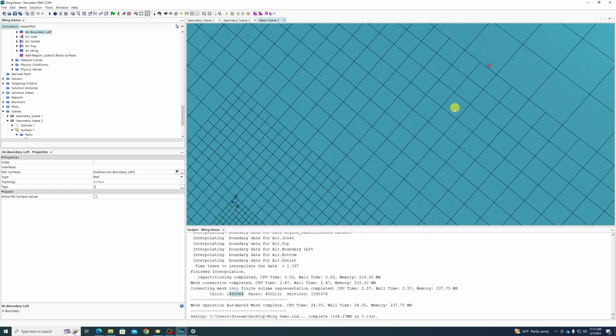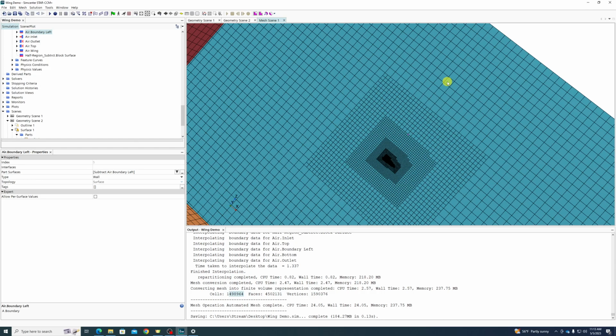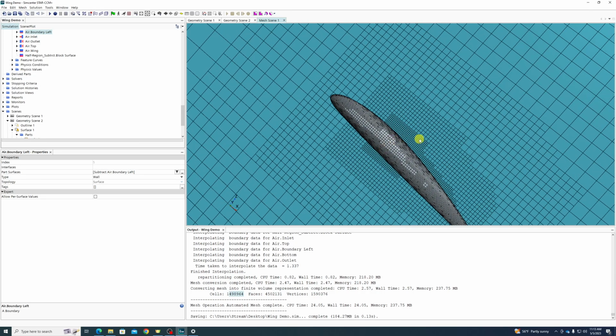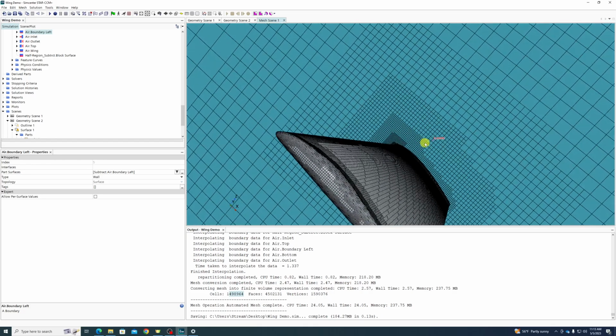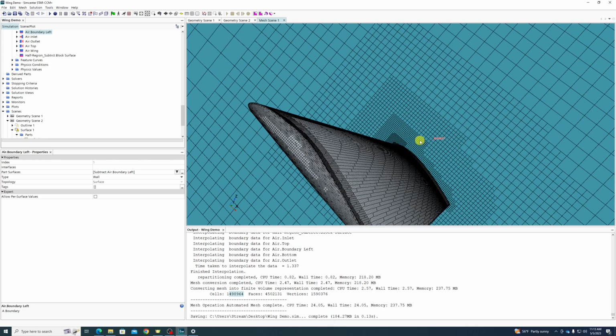Further up still, 4 to 1, 4 to 1. I don't know if there's another step. There is not. So it only goes in steps of 2, which is why I was saying use multiples of 2 if you're using a trimmer mesh. If you're using a polyhedral mesher or a tetrahedral mesher, you don't need to go in steps of 2. But if you're using a trimmer mesh, which I personally recommend,